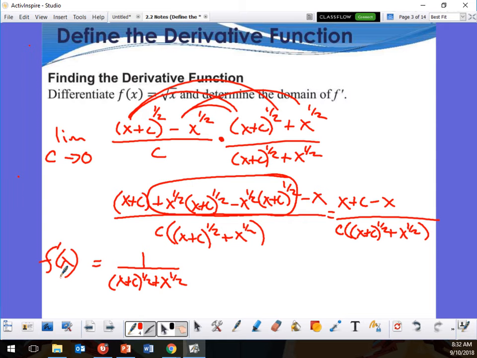Now, what is the domain of f prime of x? What's the domain of my function, f of x? Think about it. What cannot? It can't be negative, can it? It could be 0 though, right? Yeah. It can be 0, but it can't be negative. So numbers greater than or equal to 0, okay? So now determine the domain of f prime. Okay, so again, can it be negative? No, it can't be